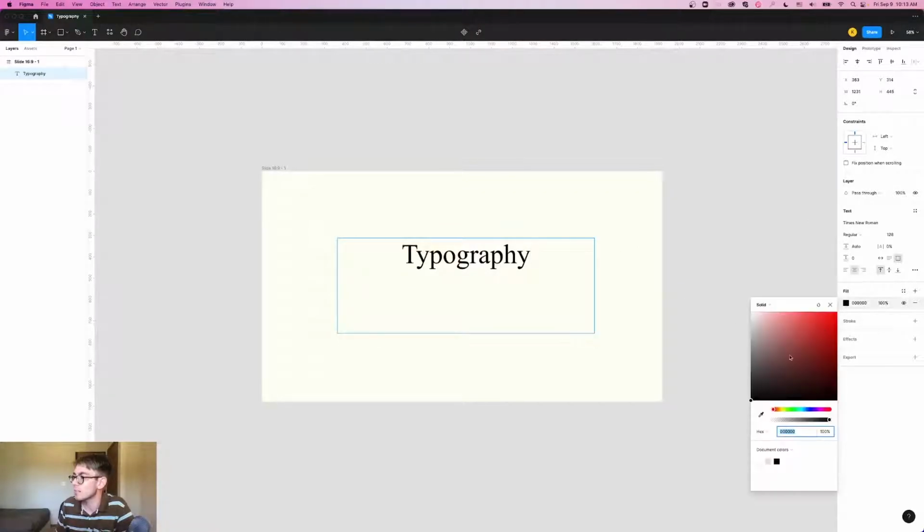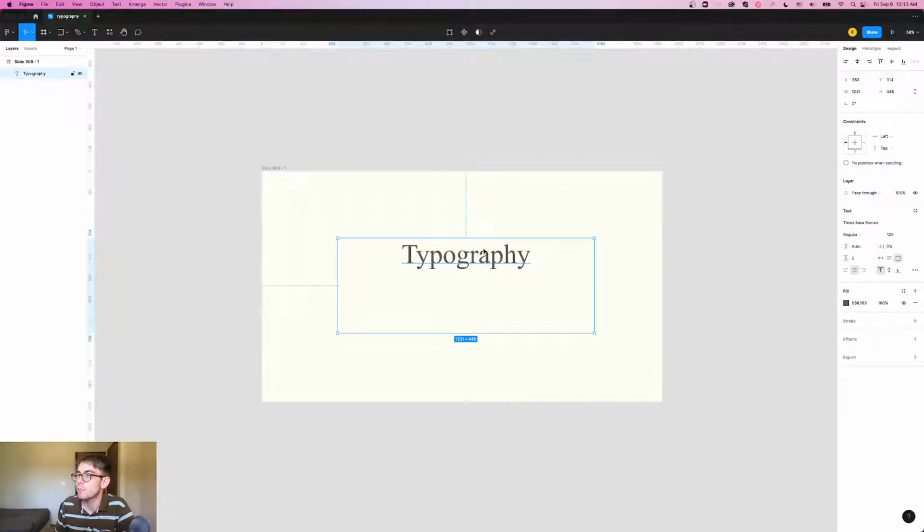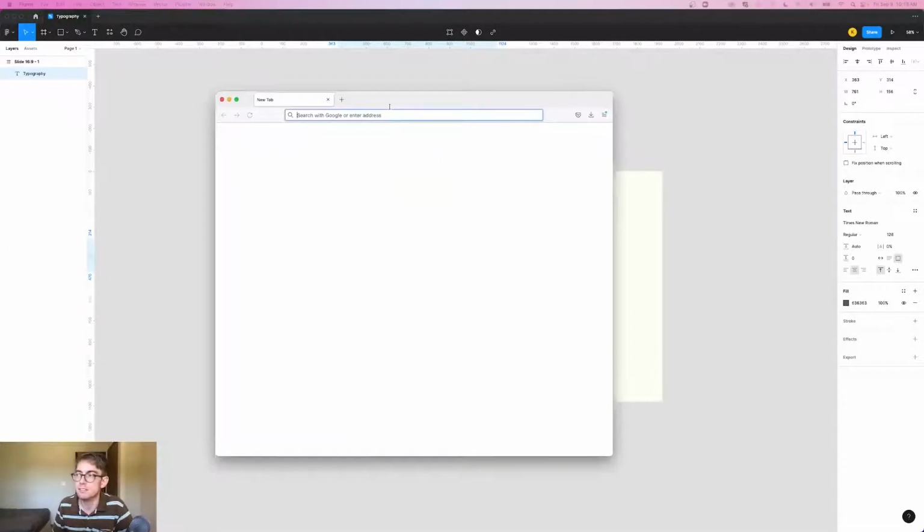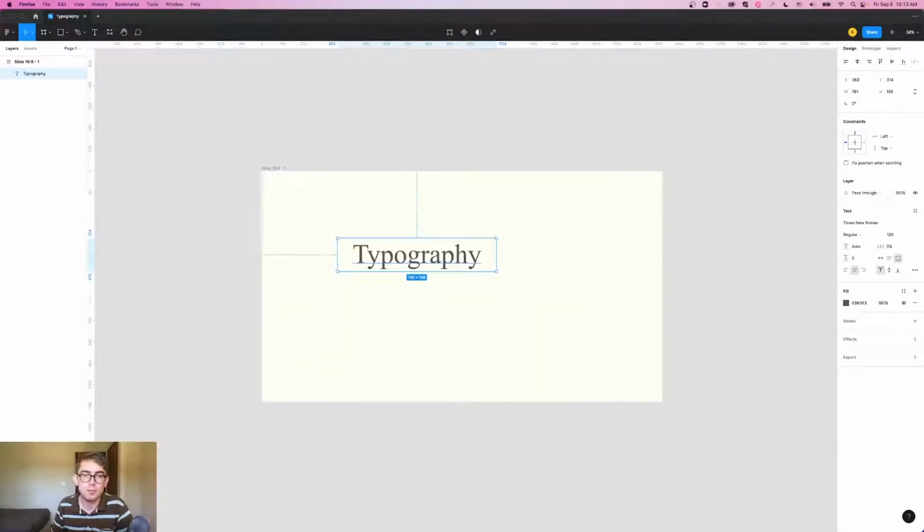I'm going to make it a little bit lighter. Nope, I'm going to highlight this first. Not too light, but just to take a little edge off of the black. Times New Roman is fine. Another thing that I want to do, that I can do here, is go to Google Fonts,